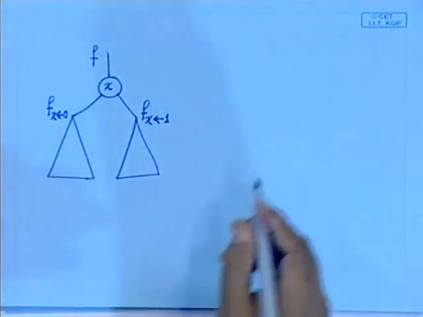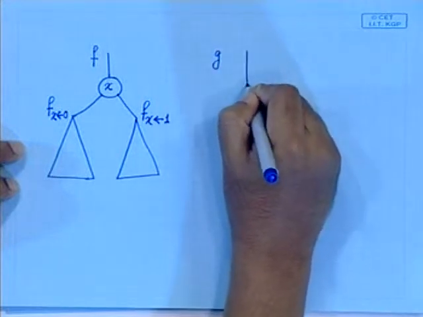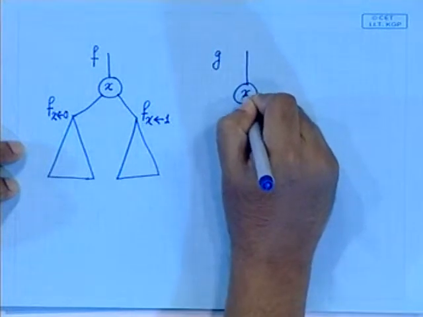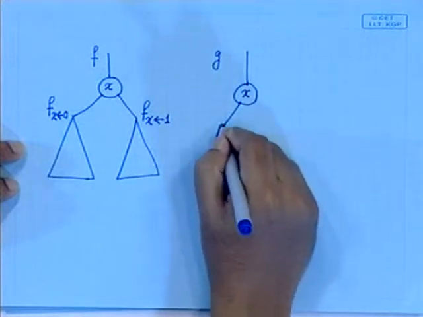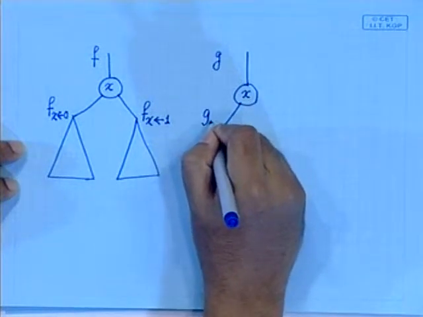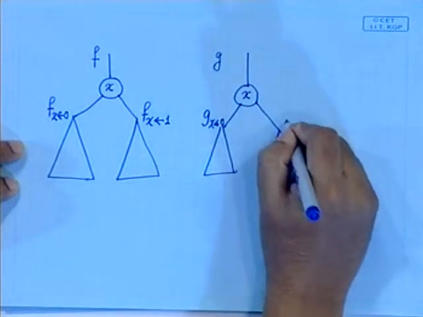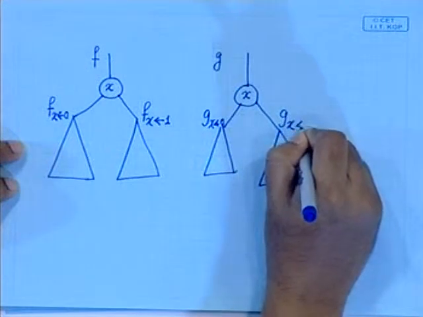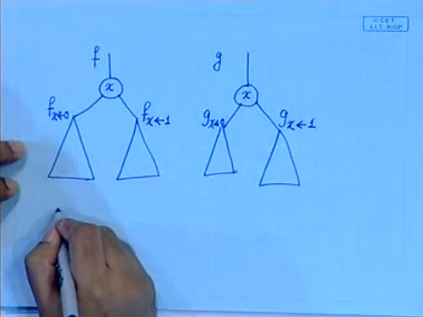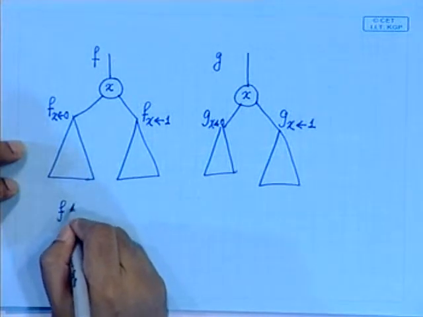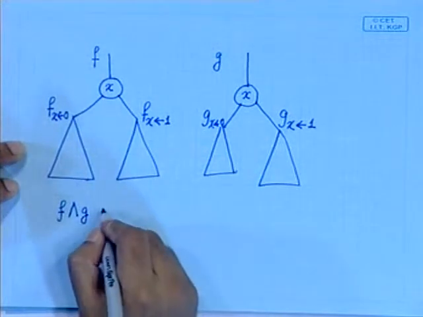Suppose I have another function g where also the top variable is x. On this side I have g with x restricted to 0, and on this side I have g with x restricted to 1. Now when I do f and g, say my op is and,